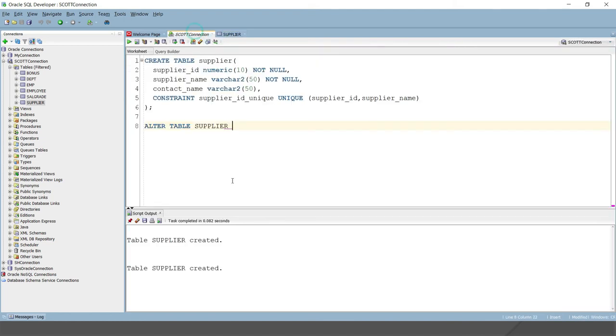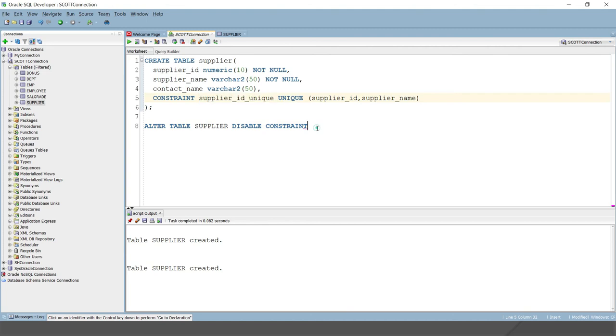I would like to disable it rather than dropping it. How can we do that? You have to do alter table, then the table name, then the word disable, and then constraint, and of course you have to give the constraint name which you want to disable.